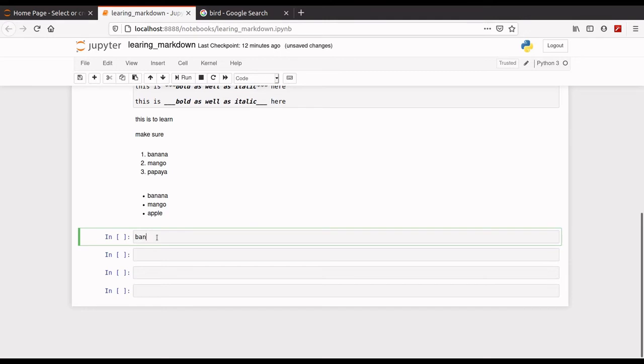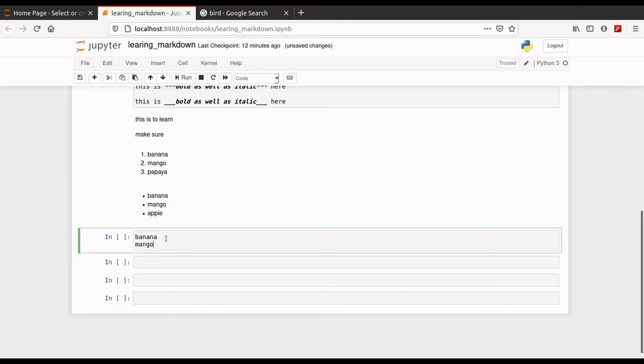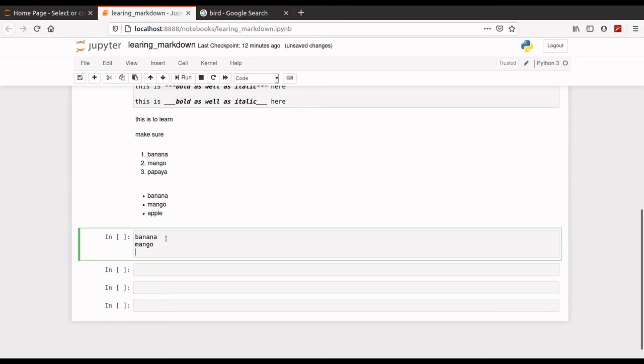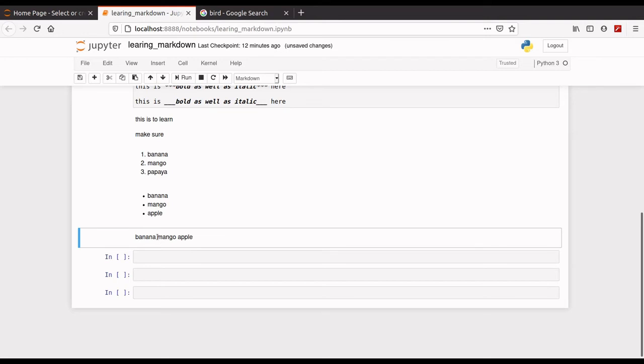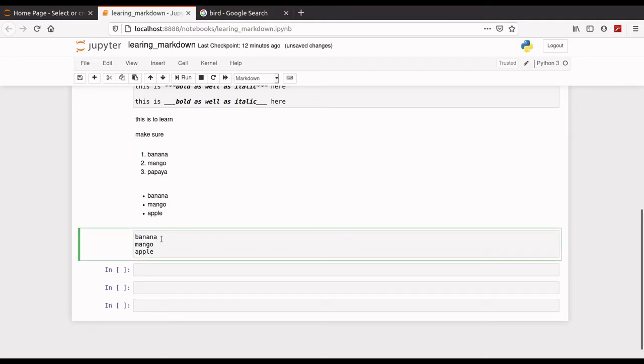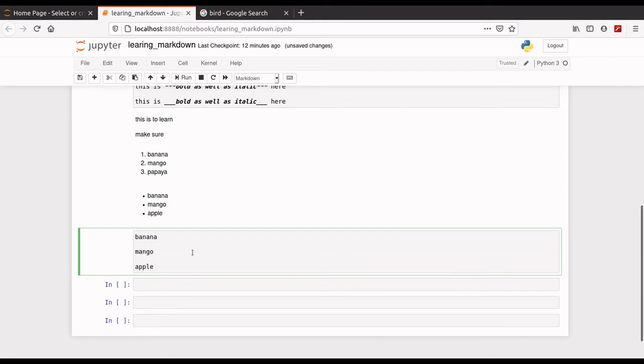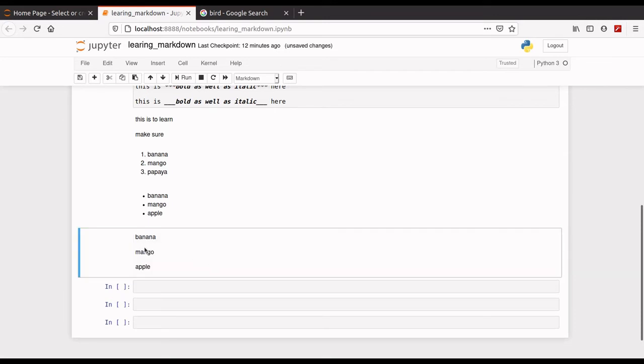Now if you just write and you don't give ordered or unordered, then what will happen? It will be the same case as paragraph or line breaking. If I just run it the same, then it will come in the same line. Yeah, look. Now if you want to separate it, make at least one blank line.